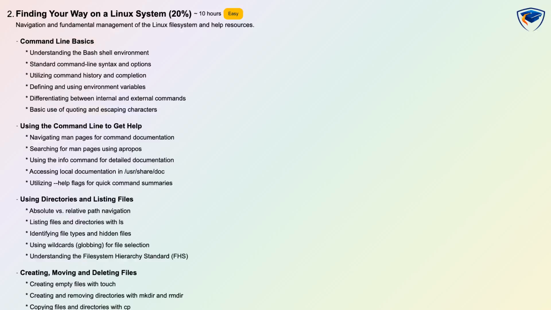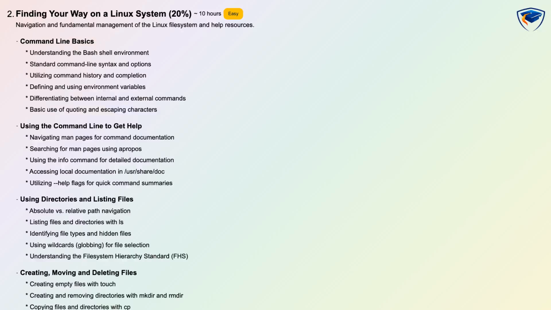Finding your way on a Linux system is 20%, rated easy with about 10 hours of study and hands-on plus conceptual assessment. This domain teaches command line basics including the bash environment, standard syntax, command history and completion, and how environment variables work. You will learn to get help from man pages, apropos, info, local documentation and the common help